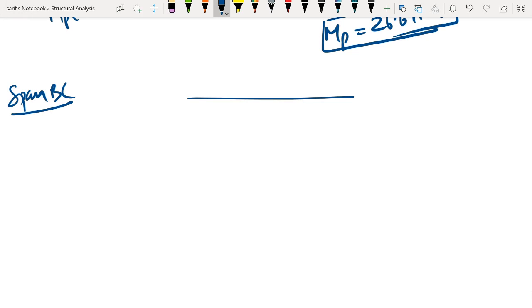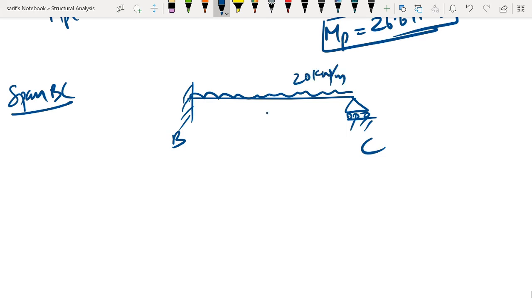Again, the interior support can be considered as a fixed support and the exterior support has to be considered as pinned, and we have a UDL on it. The magnitude of the UDL is 20 kilonewton per meter and the span is 6 meter. Again, as you know, there is only one mechanism, and to form that mechanism, two plastic hinges have to be formed, one on the fixed support and the second one, as you know, for a propped cantilever, the maximum span moment occurs at